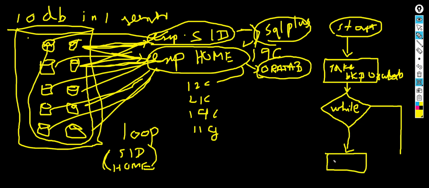Automatically, if this SID and Oracle Home are set, then it can connect directly to the database. And if the SID is not found, then what? Then we cannot do anything, right? So we need to either manually update the SID